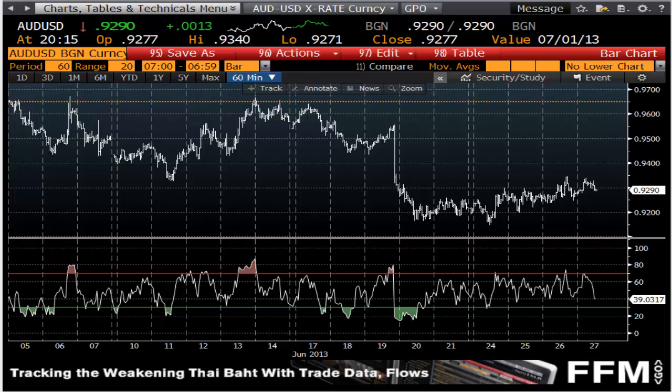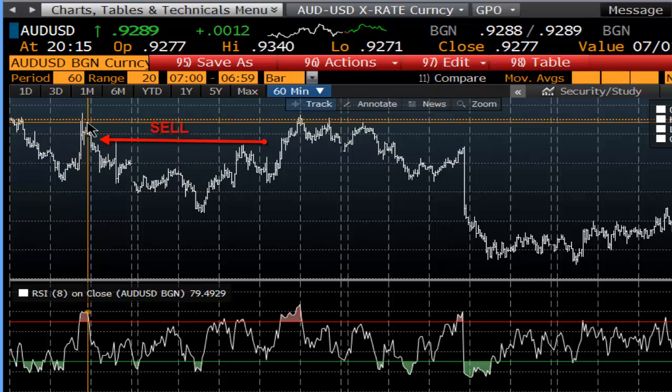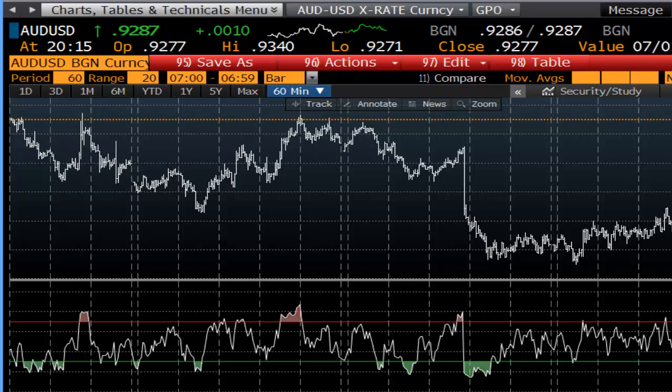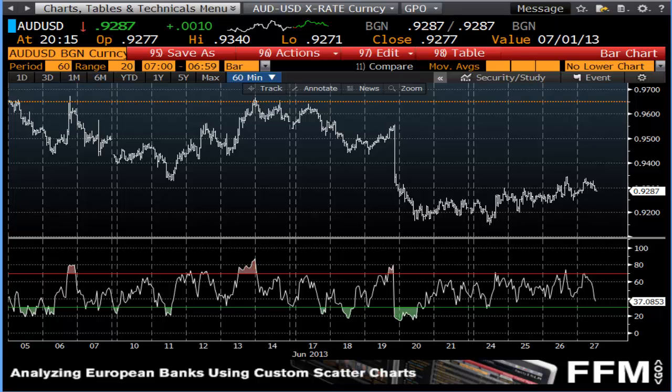Let's have a look at an example of RSI on the Australian dollar. If we take a look at a few sections here, I'll examine first its use in looking for opportunities to sell. So taking a look, you'll see here, and here, and here, were all good points to sell. And the reason was that the market had gotten very overstretched and had then sold off. What this meant was that you could enter and look to turn a nice